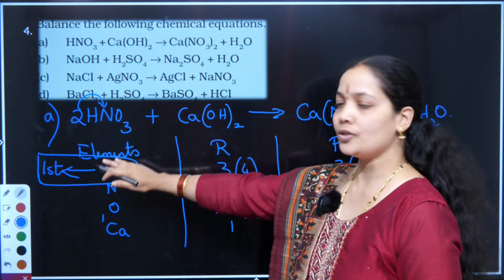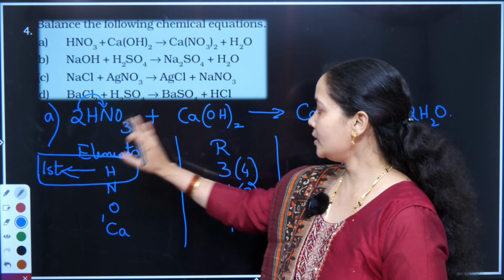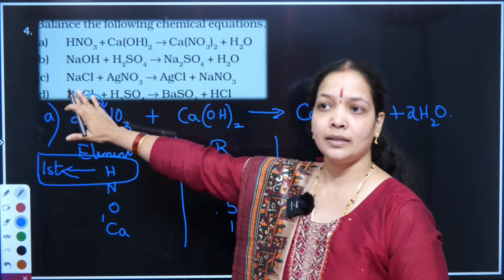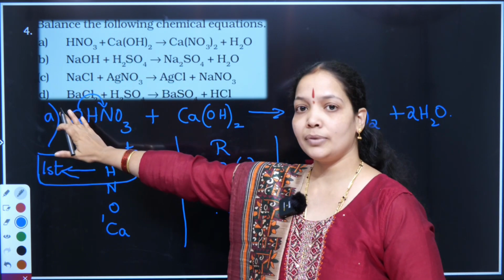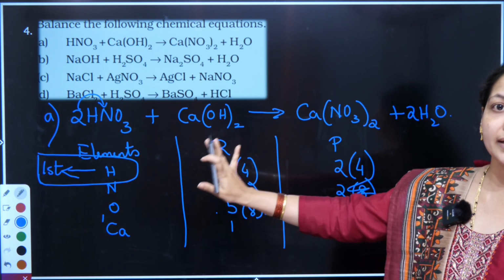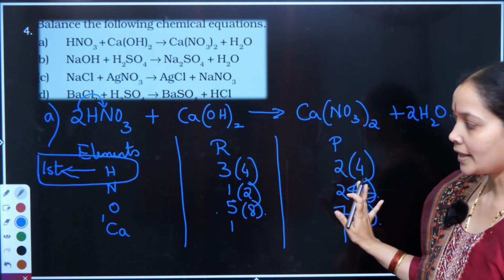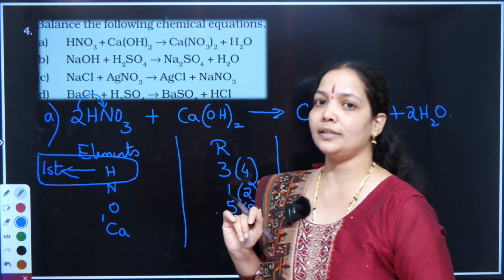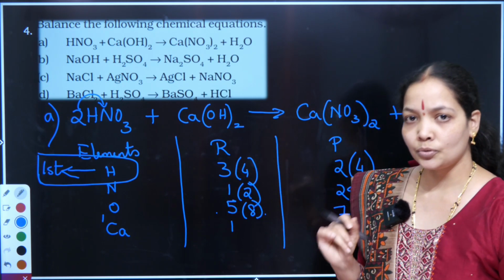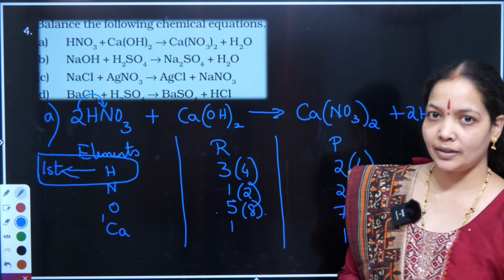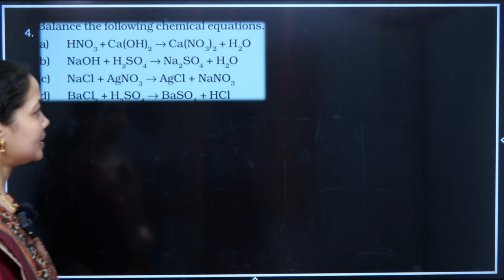So I'll go for hydrogen first. Hydrogen is even here, odd here. So I'll strike the odd one, make it the next even number, and then analyze how all the other elements present get balanced. I hope you all got this. It's a very important trick that's been taught in this simple reaction. Utilize it, use it, so that you will be able to ace chemistry. Alright? Moving on to the second question.